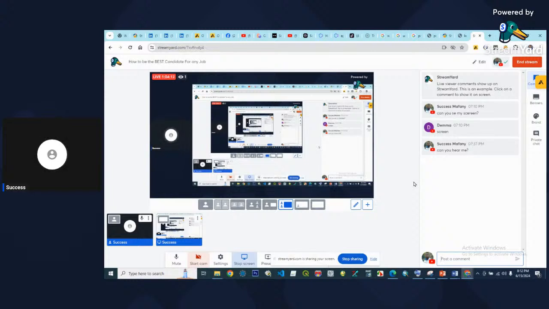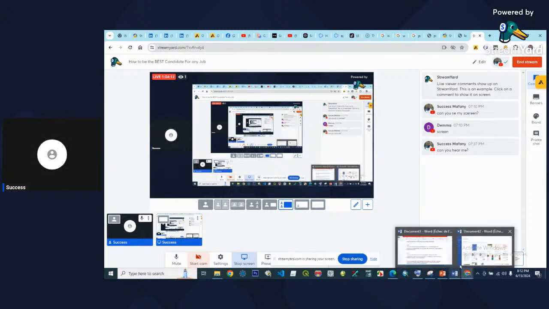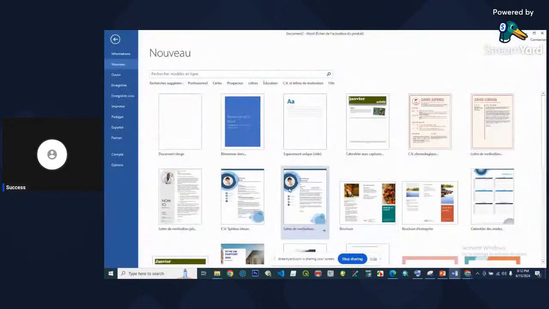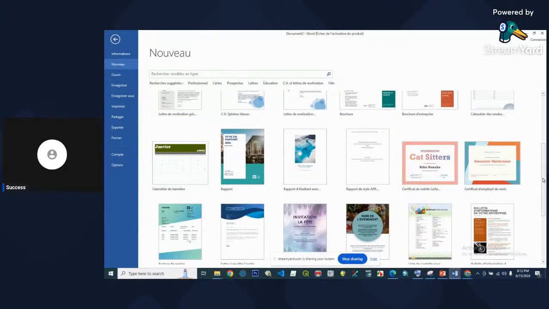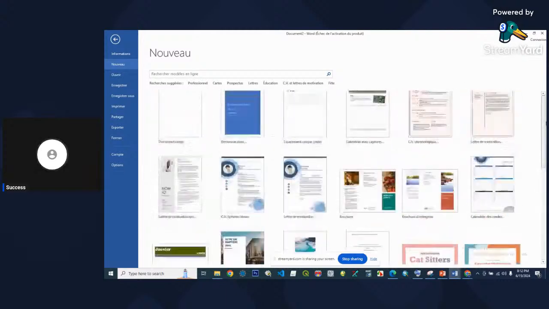Back to your CV. Don't add your picture on your CV. The CV doesn't need a picture. That's why I will show you guys these examples here. There are a lot of bad examples. All these that need your picture are bad. The style even is bad. Let me show you guys a good one. Let's see if we have a good one here. A lot of them are rubbish.